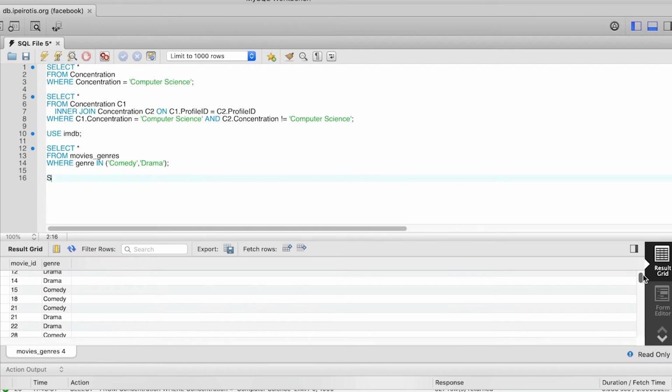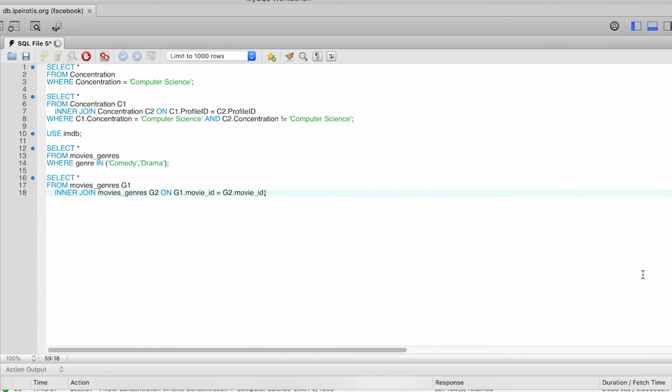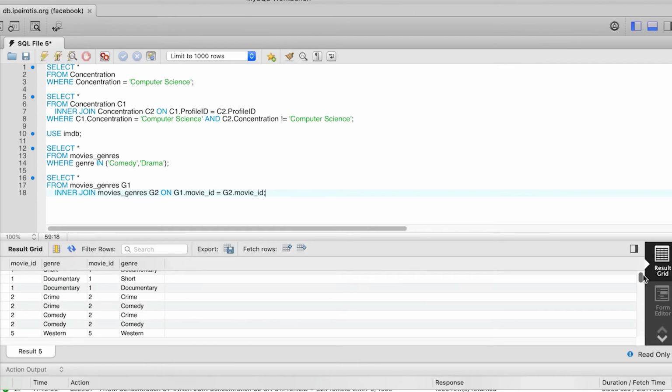We type select star from movie genres G1, inner join movie genres G2 on G1 dot movie ID equal to G2 dot movie ID. If you run now this query, you will see that we get back all the two genre combinations for each movie, as we had done before with the majors.